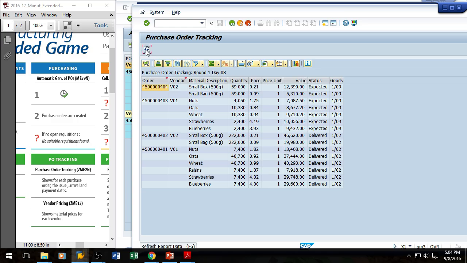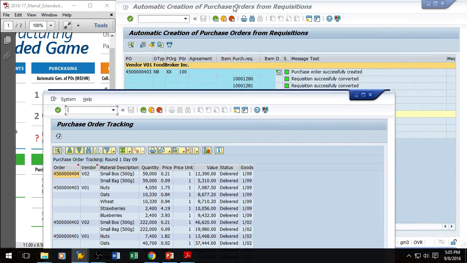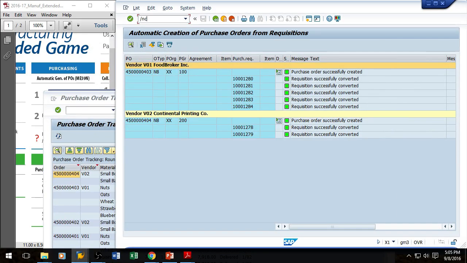So just refreshing. And in case you're wondering, the faster you refresh, the faster it goes. See, I just clicked it a bunch of times and it's delivered. So they're delivered on day 9. So I can now go into conversion of the